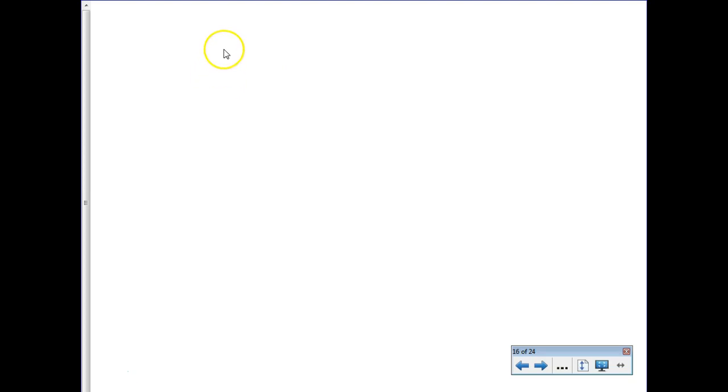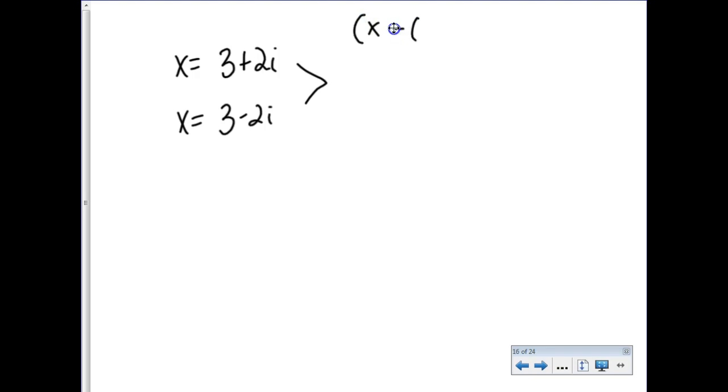Real quick, let's just try another one. What if I told you some mystery polynomial had a zero at 3 plus 2i? What else do you know? You also know it has a 3 minus 2i because they come in complex conjugate pairs. So instead of taking the long way of trying to foil this mess together, because this would be horrible,